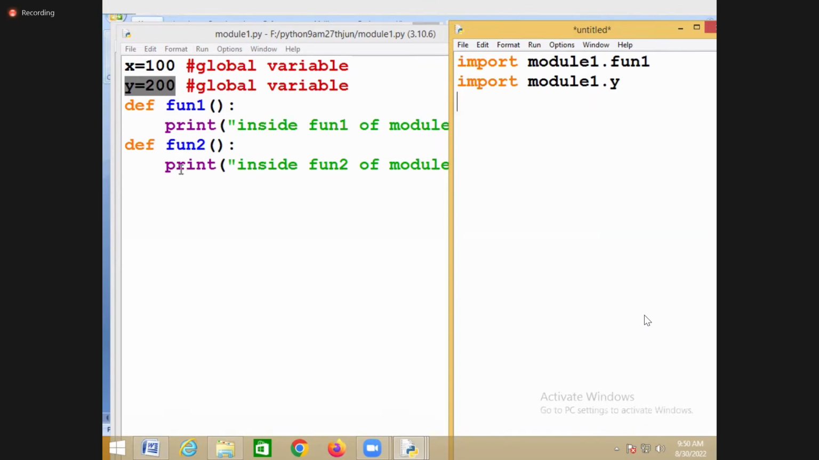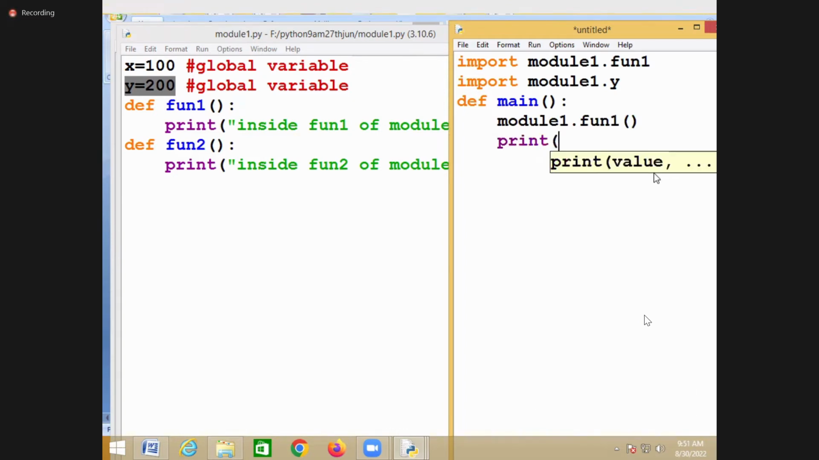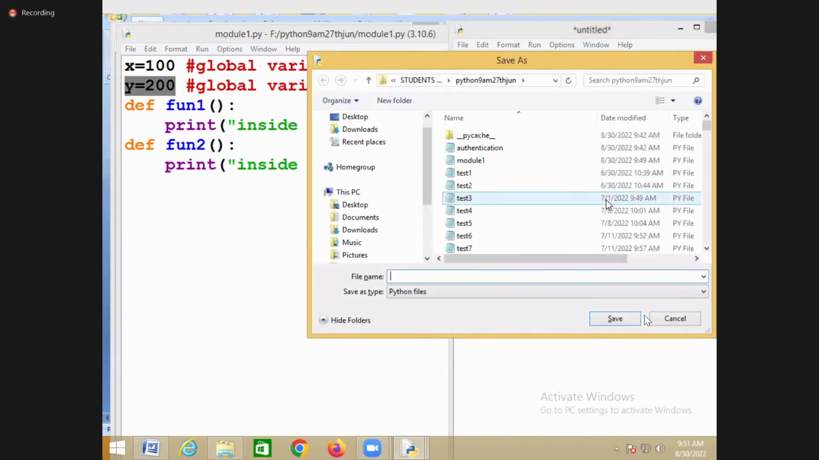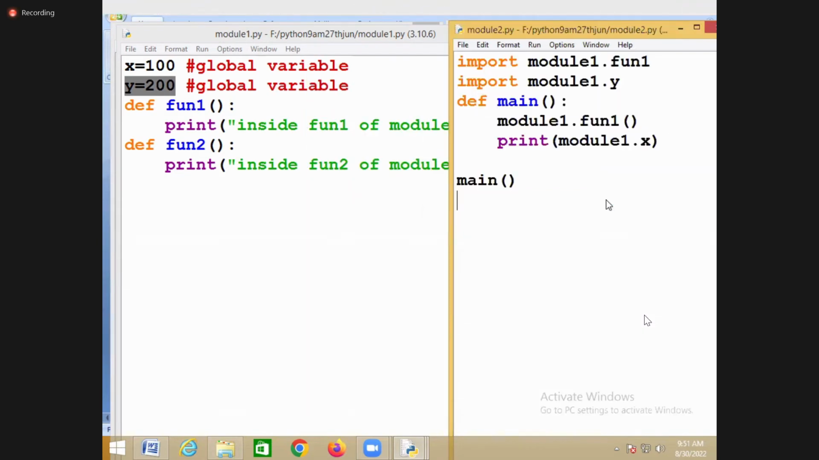But can I access function two and the x variable? No, because I imported how many things from this module? Only two: function one and y. If you want to access it, you just write module one dot and call function one. Then you print module one dot x. Assume that this is module two. Within module two, I try to import module one. From module one, what do you import? Function one. And from module one, what else? Y. So when I run this,